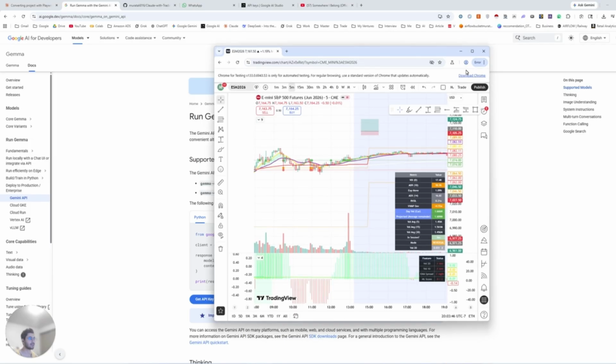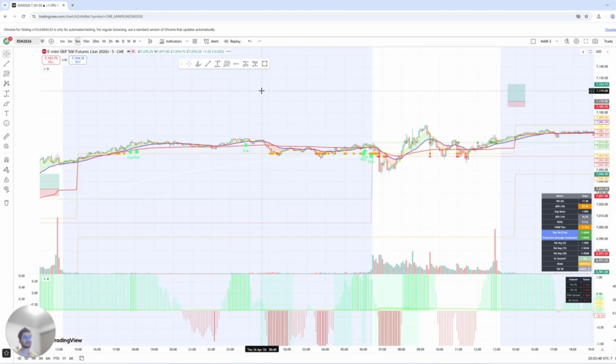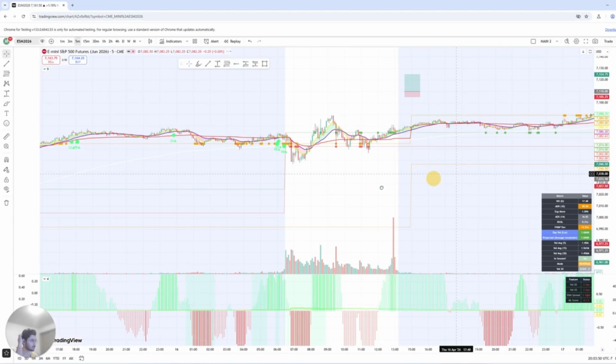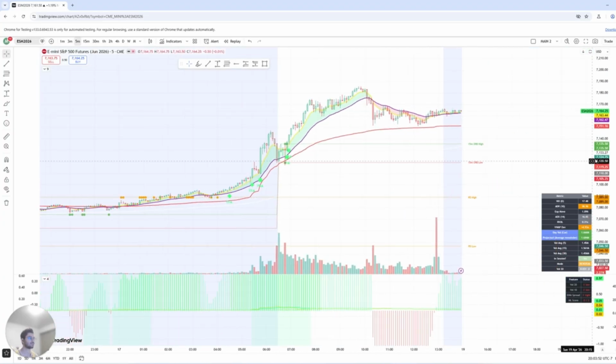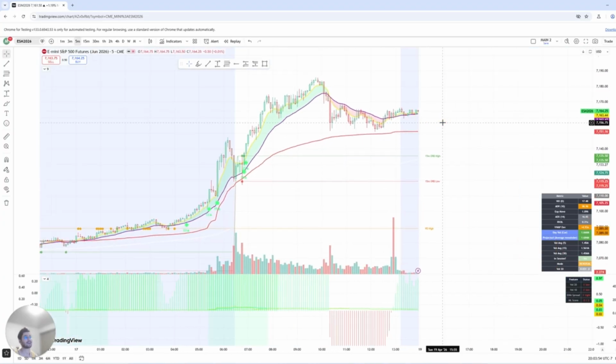So this is my machine learning model's results, and these are working like a charm. What I did was actually create a machine learning model. I collected a lot of data for the S&P 500 particularly. I collected a big data set and trained it in order to make my AI more intelligent.